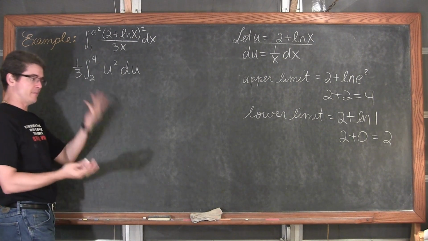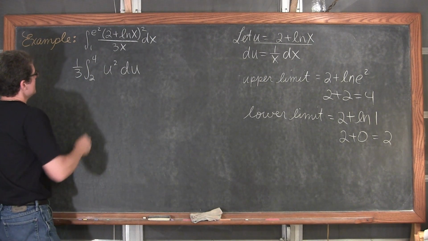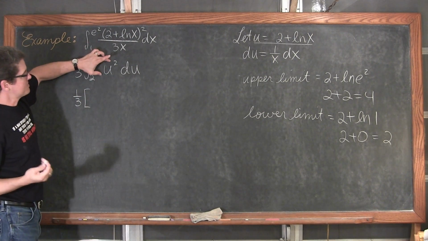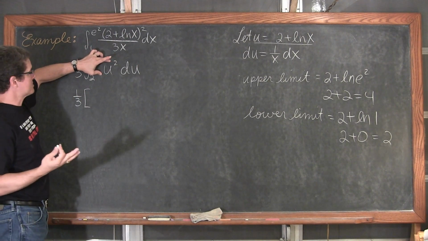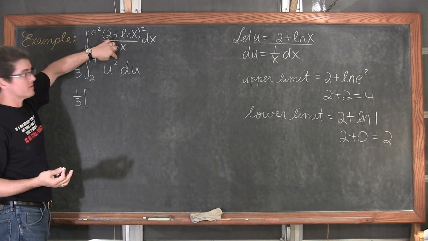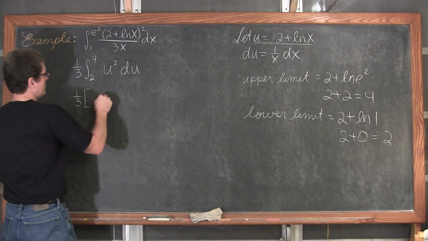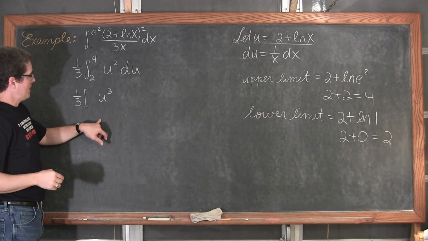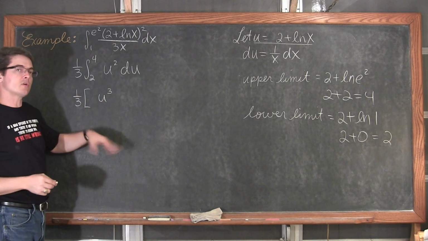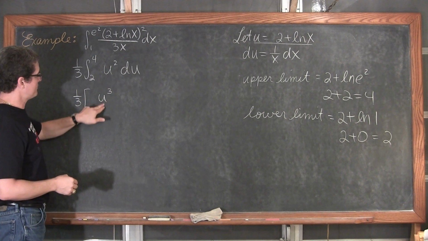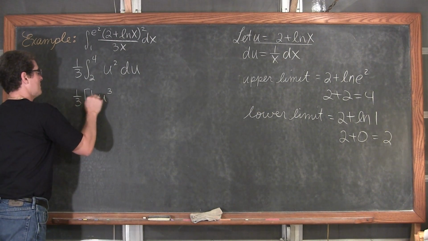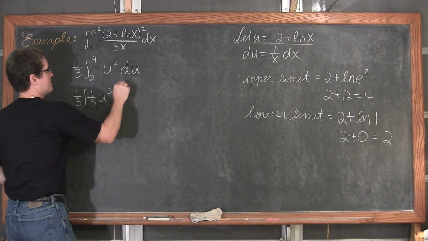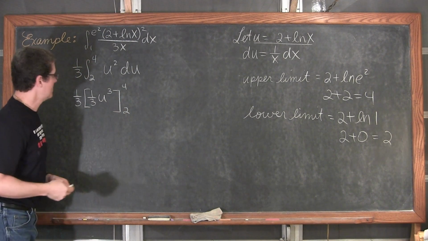Indefinite integral, of course, you've seen me do that through the rest of the video. So we have 1/3, okay? Well, this isn't a log rule, this is just power, so we're going to raise that power and divide, so it's going to be u cubed. And instead of dividing by 3, I'm going to go ahead and just show that multiplication of 1/3. So u cubed divided by 3 is the same as 1/3 u cubed. And let's put our upper and lower limit over here, indicating that we need to substitute those in.